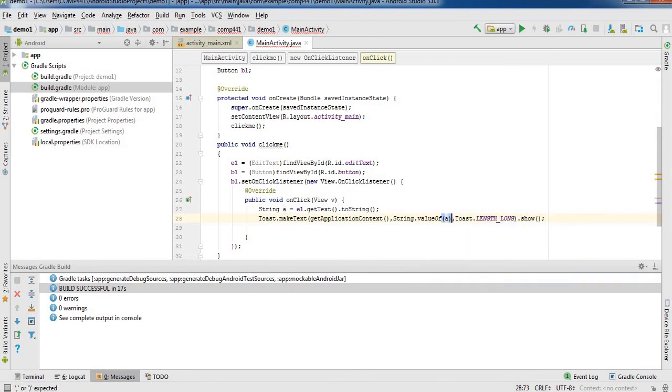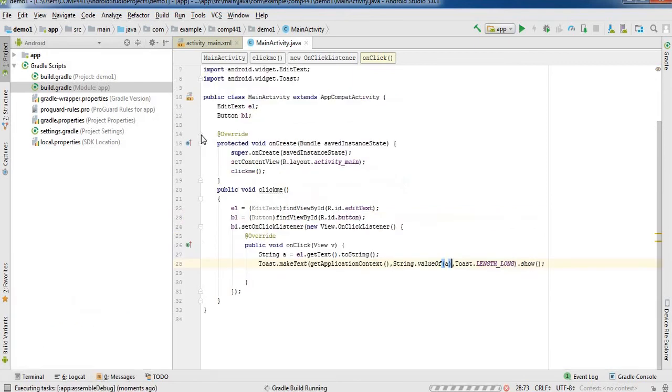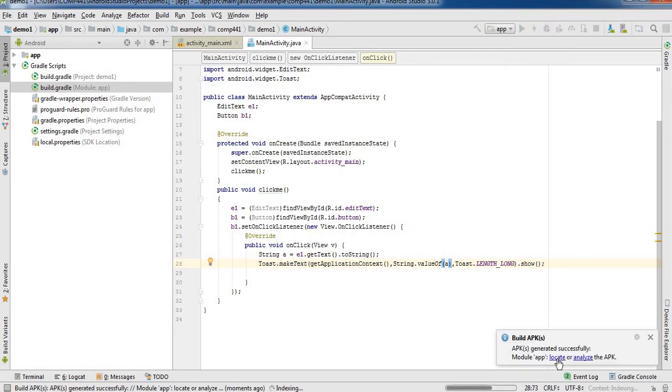Okay, and to run this, we have to build the APK first. If the APK is built, then your syntax is good. Here the APK is building, and if the Locate button is there, then this means that your syntax is good.